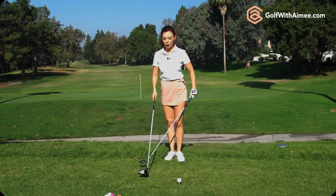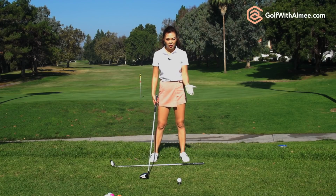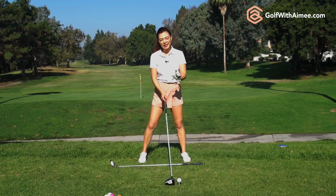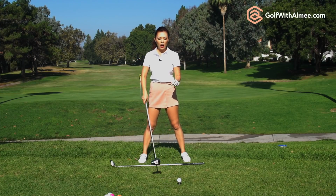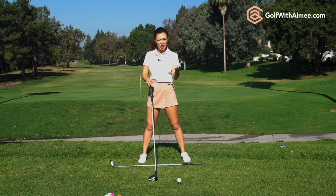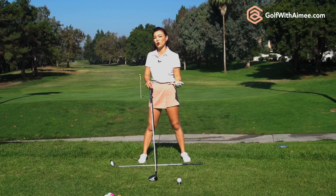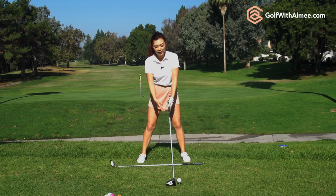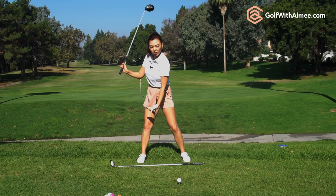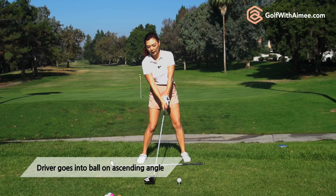Okay, let's just briefly go through the difference between the driver swing and the 3-wood swing. With the driver, you tee it up very high, so about half a ball is above the club head. That's like textbook position. You can have it a little lower, a little higher, it doesn't really matter. It all depends on your preference. So you tee it up very high. The reason for that is because we want to leave a little bit of weight in the back foot and throw the club through